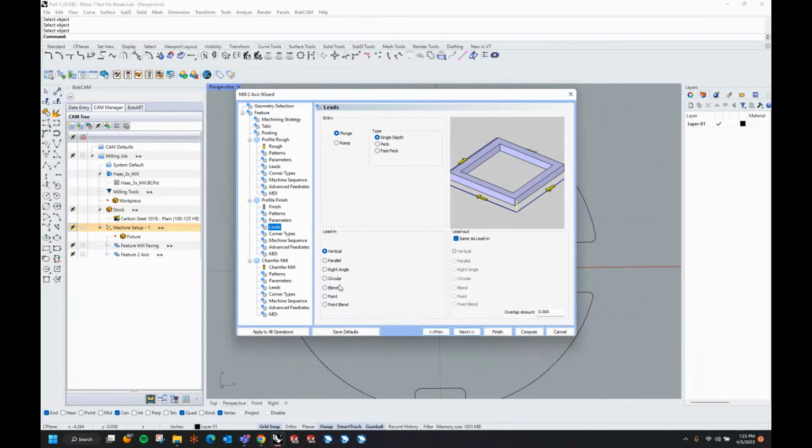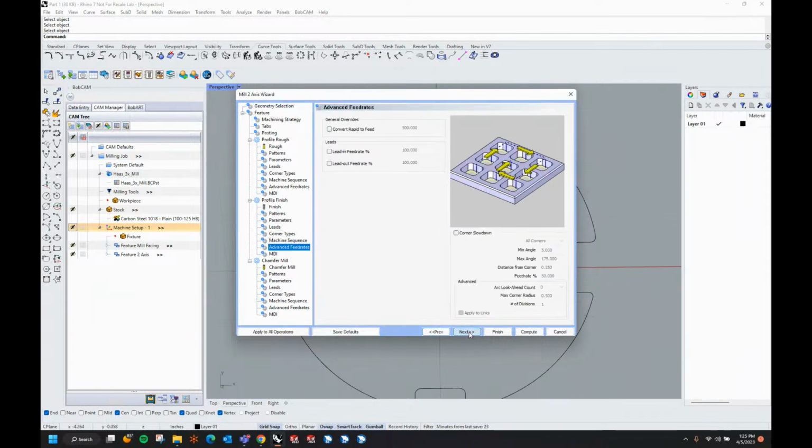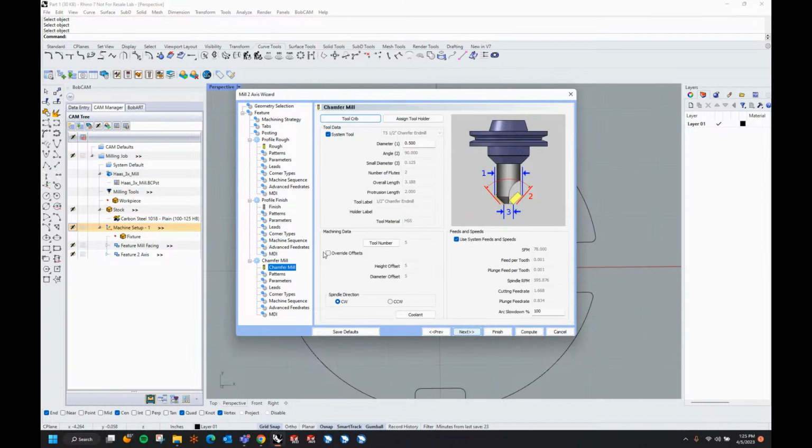Now let's go ahead and we'll use circular again. This time I'll leave it on right angle so you can see the difference. We'll do 45-degree on that too. We don't need the corner type, machining sequence, pretty much don't need the next until I get to the next tool. I'm going to say we're going to go in with a 1/4 inch, 90-degree,